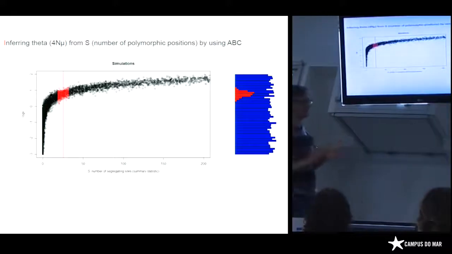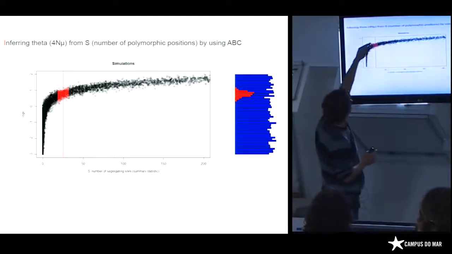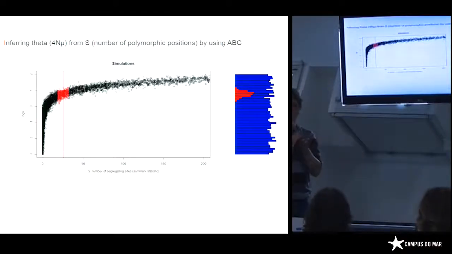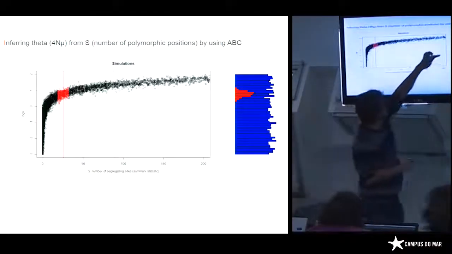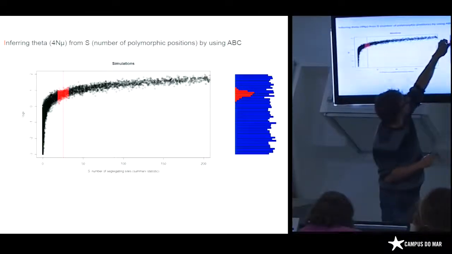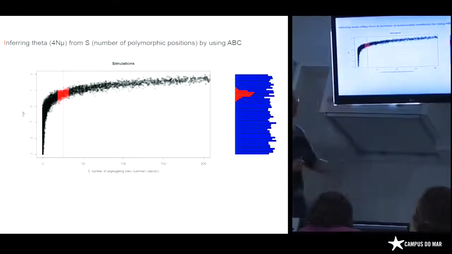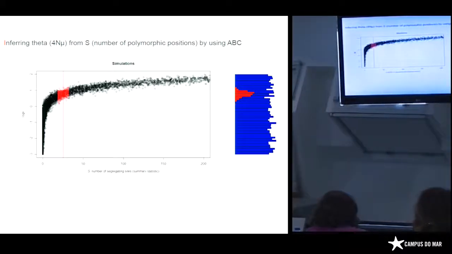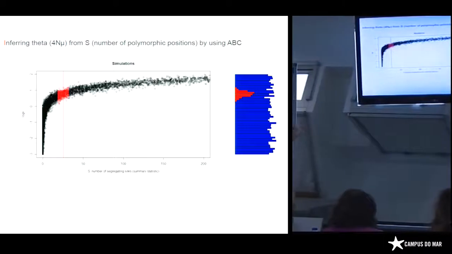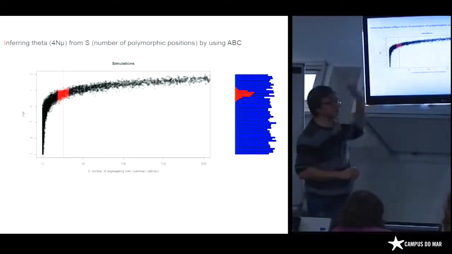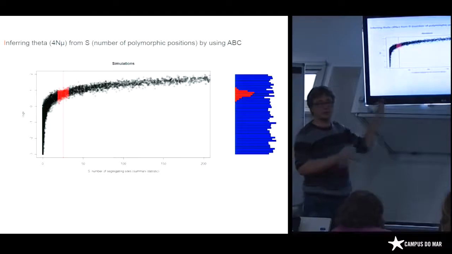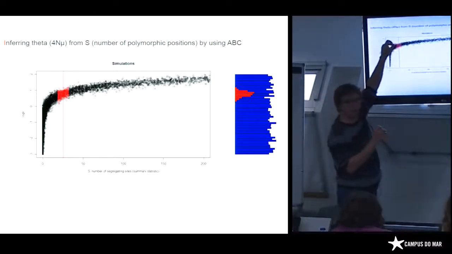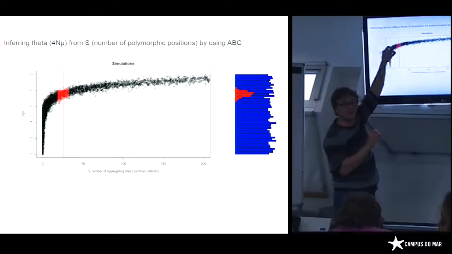You keep only the simulations that have the shortest Euclidean distance, and you obtain the posterior distribution of theta, here in red. Okay? And if we had two models, you would have two colors of points. And you can choose the model that puts the highest number of points around your observed summary statistics.